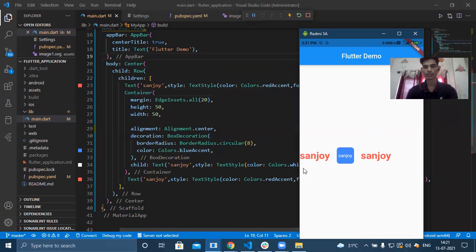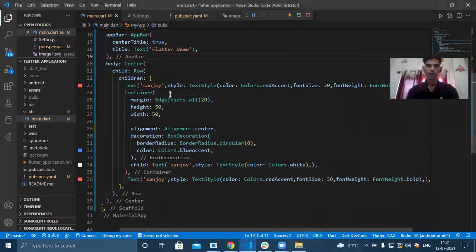When I take Row, the elements are horizontal, and when I take Column, the widgets are top to bottom. Row and Column take the same attribute, children, and inside children you can take whatever you want.